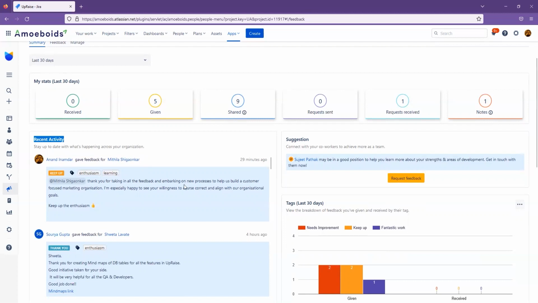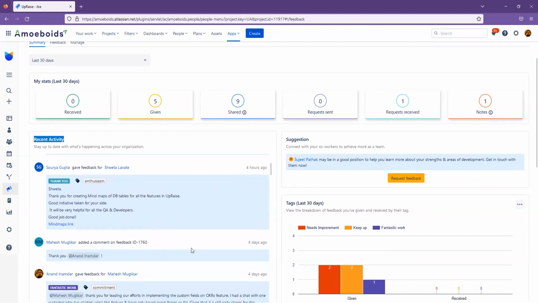whether you were just one of the users with whom the feedback was shared. The feedback was not about you, the feedback was not created by you, but you were one of the users who had the ability to view this feedback. So all that activity, let's say someone has added a comment on your feedback, all of that will become visible